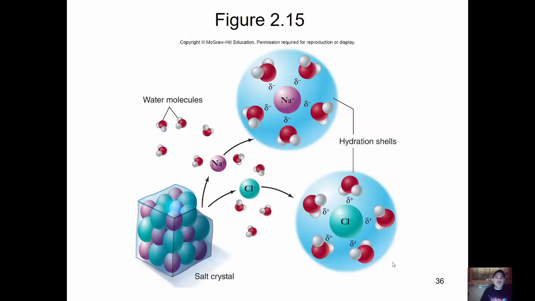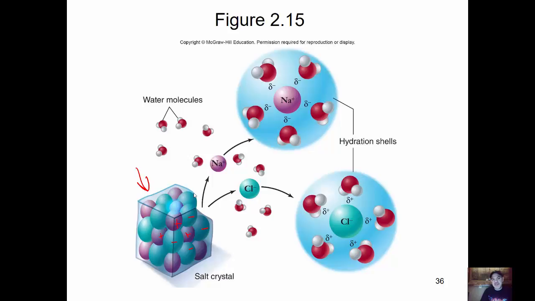This is a model that shows how water is a very good solvent for other polar substances as well as ionic substances. This is going to be listed on the next slide, but we can look at it right now. Let's say this is a crystal of sodium chloride right here. The sodium ions are going to have positive charges, and the chloride ions are going to have negative charges. So what happens here is when you throw a crystal of sodium chloride in the water, the water molecules are going to come and attack these